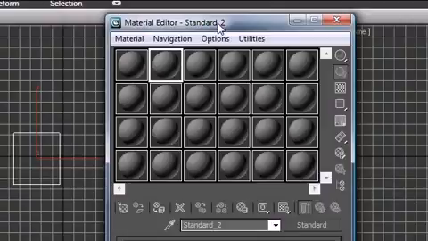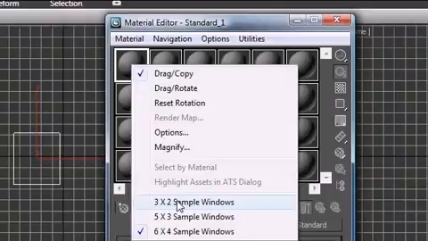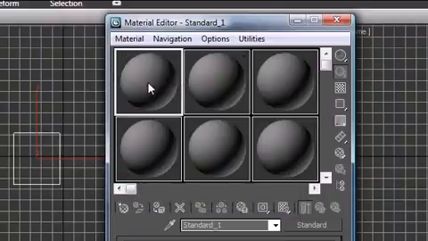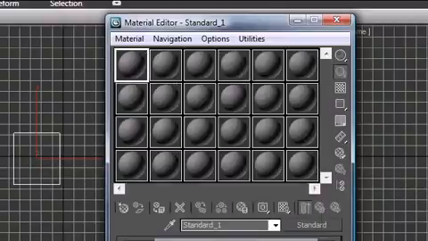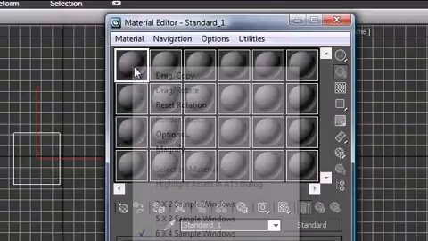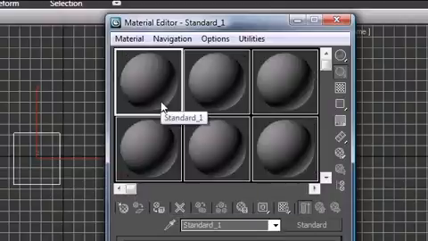So the first thing we're going to want to do is, you probably only see 6 of these. So go ahead and select one of these and right click it, and you can change it to whatever sample size you want. So again, when you select it, there's going to be a white box around it. Just right click it and probably pick the most sample windows. Actually, I'll pick one that's probably easier to see on YouTube, so I'll pick the smallest one, but I usually